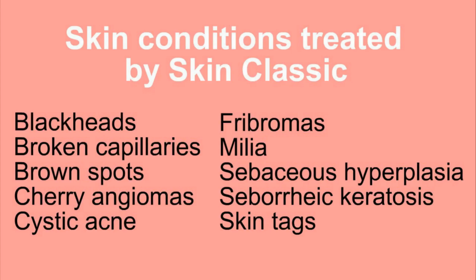And eventually I found some YouTube videos on the Skin Classic machine. And they have some really good videos. It treats a variety of skin irregularities. And I will put a chart up so that you can see what I'm talking about. And I was fortunate enough to find a provider in my area because this machine is not found at a